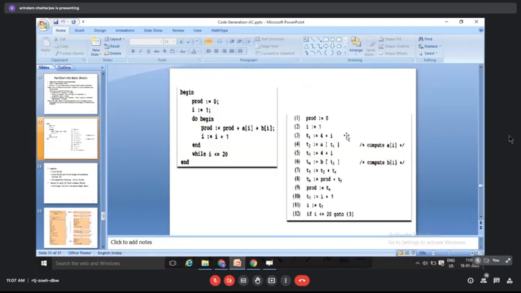Okay. So for example, in this example, you can see 3 is a leader because statement number 12